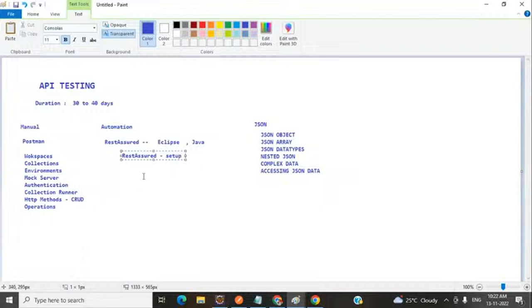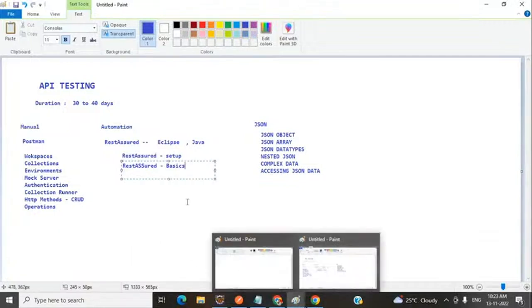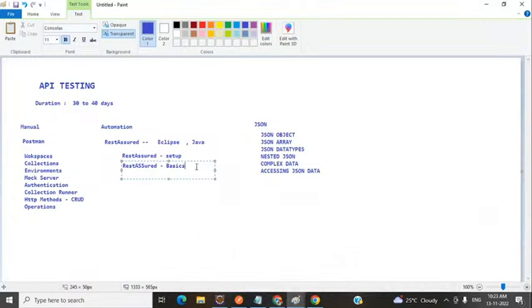First we will be doing this, then after that we will completely learn the basic part of Rest Assured. Rest Assured basics. What is this Rest Assured, how this library works, what content we have in it, and how to call the methods available in Rest Assured. All the complete detail we'll be learning here. Then we will learn something about